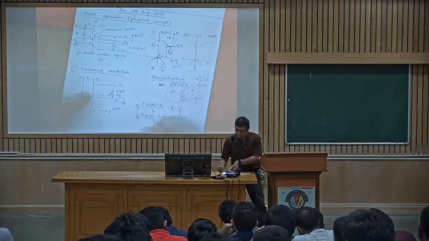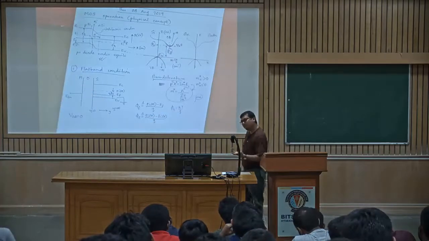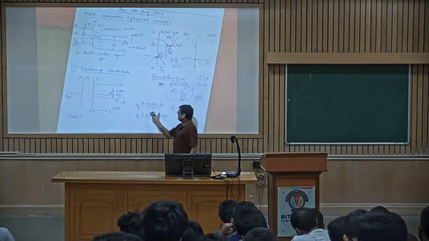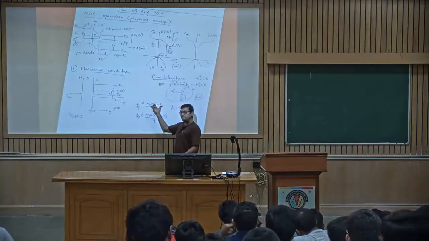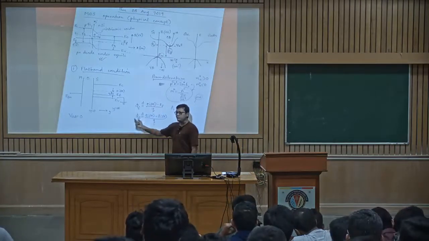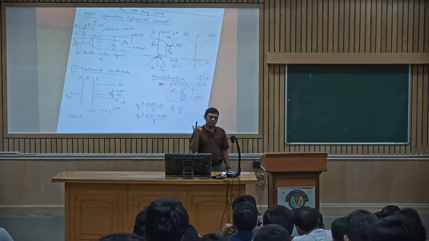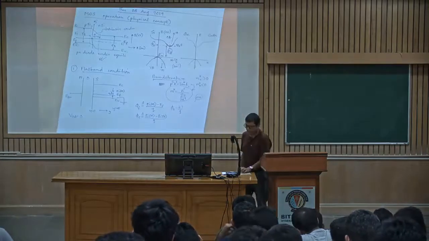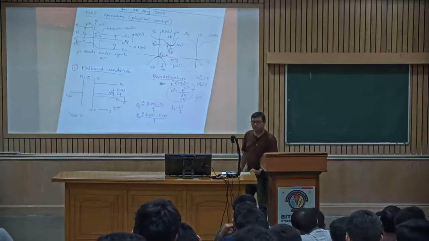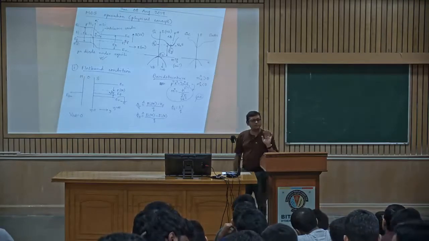Again divided by q. Why am I putting divided by q? Because it is a potential. I told you that Ei and all these are all energy. Energy is what? Electronic charge multiplied by potential. Potential is for unit positive charge. Okay, nice. In the flat band condition, what will happen?